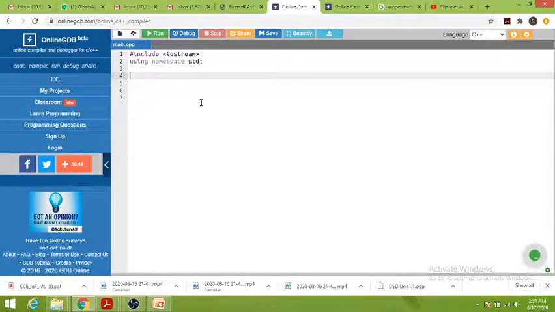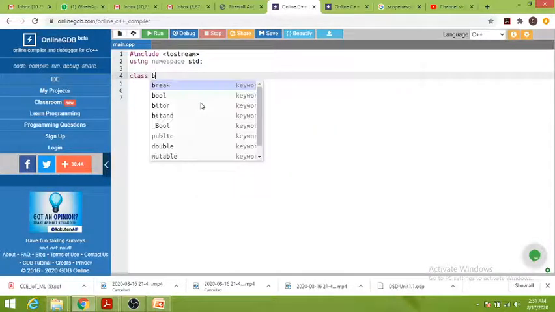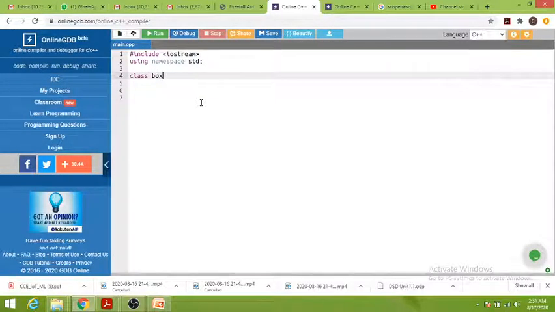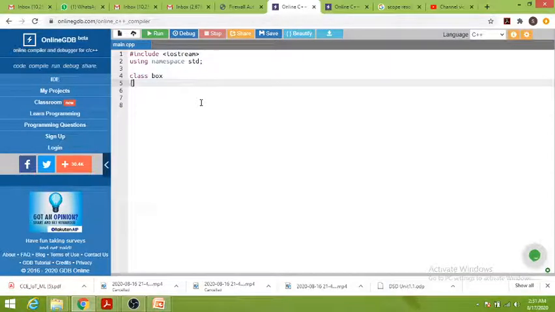Good afternoon. Now we are going to write a C++ program to find the volume of the box. First I have to create a class. Class is a keyword, and then the class name is Box. So within the Box,